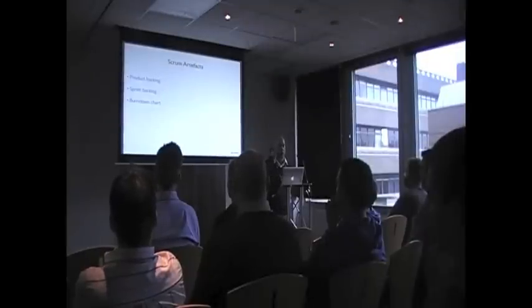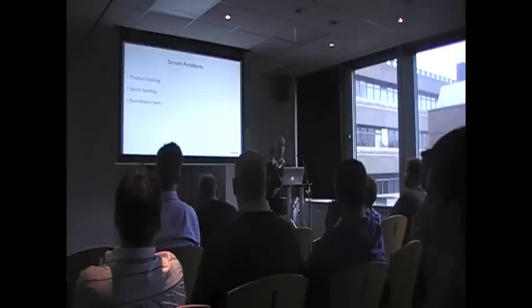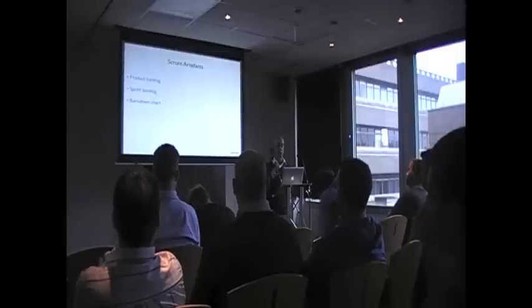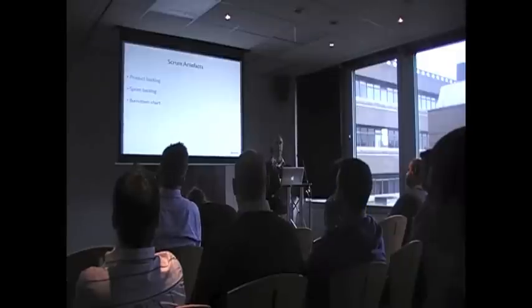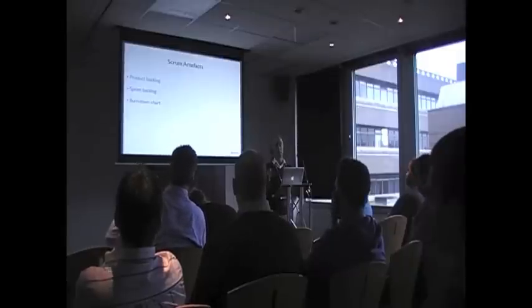I won't go into burn down charts too much, but the product backlog and the sprint backlog are really important. The product backlog is basically the to-do list for the whole project. So you would sit down with the client, work out the user stories, and a user story is a non-technical description of a piece of functionality. So as a user, I'd like to see a list of products in a category order so I can find my products easily. As an example,